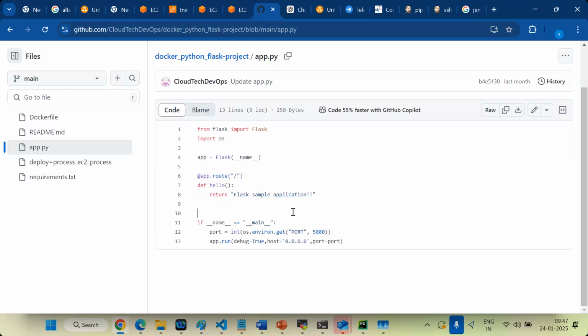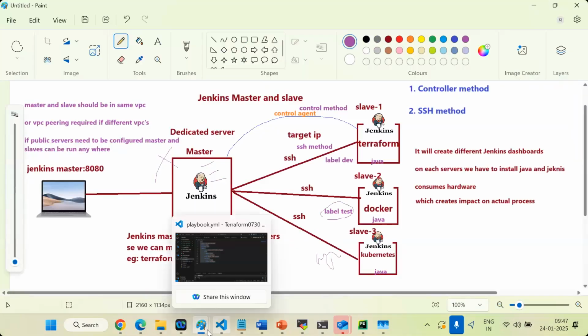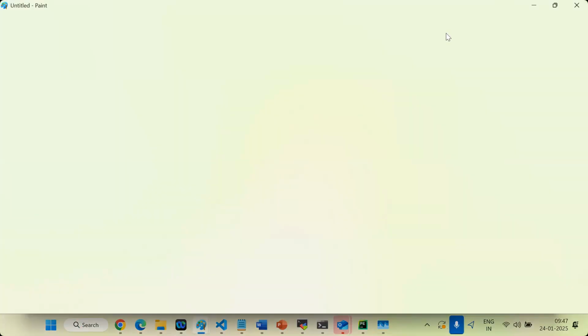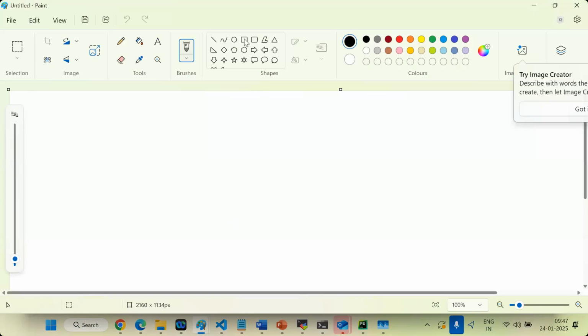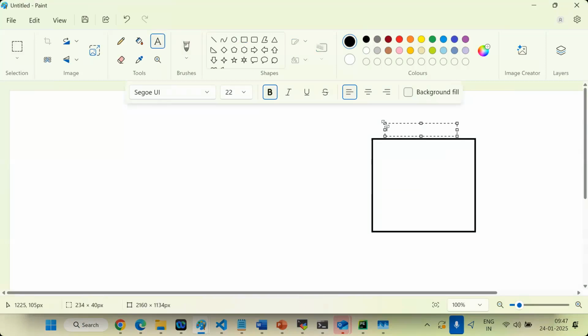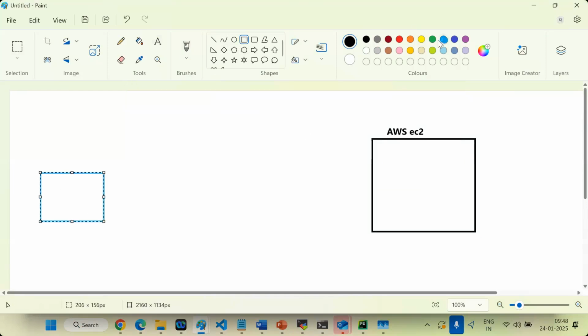Okay, and a very important thing, guys, let's go to Paint now. So this is my AWS EC2 server, and this is my laptop.